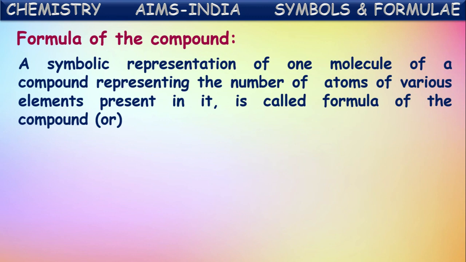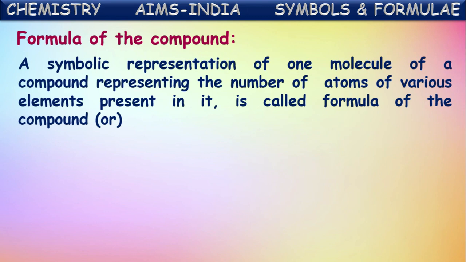We know that for every element a particular and unique symbol is given. And we know a compound is formed by the combination of two or more elements in a fixed composition ratio. Now this compound will have a particular name. Just as a symbol is given for the element's name instead of writing the complete name, in the same way for compounds also, instead of writing the complete name we can use some shortcut or short-way method